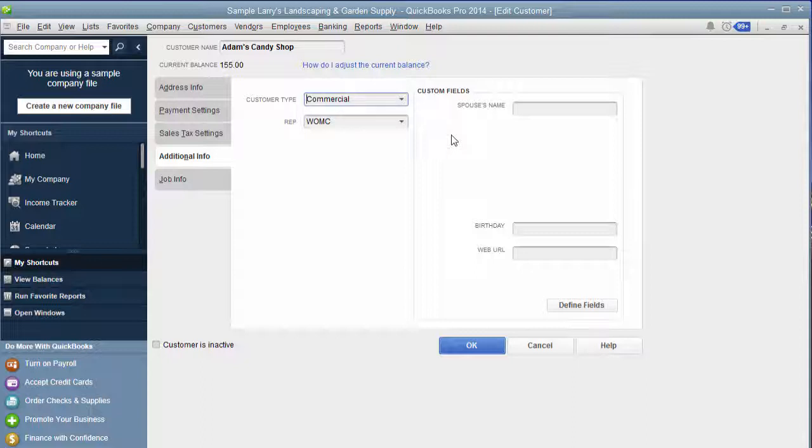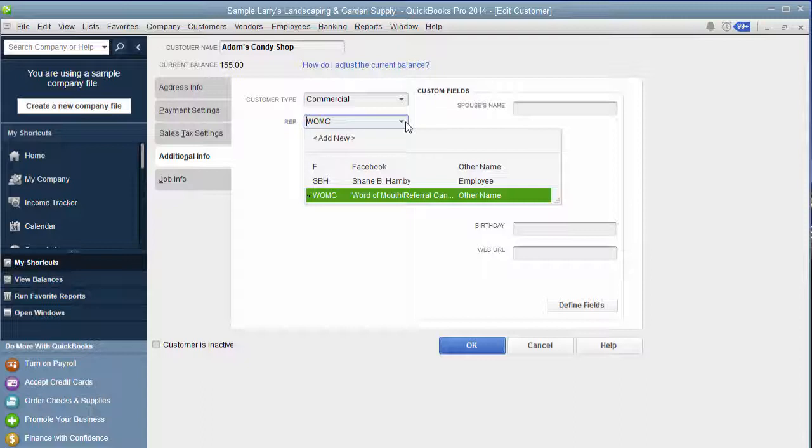Okay, then the second section you'll see it says Rep, and how this is typically used is if you're a large enough company where you have different reps and you want to keep track of their customers, you can do that here. But you can also use this for keeping track of advertising types of information. So in here you'll see I went in and I added one called Facebook. And I added one called word of mouth or referral, and I put my name on it, Candace. So you can either do referrals by each individual place or person or company, or you can do just word